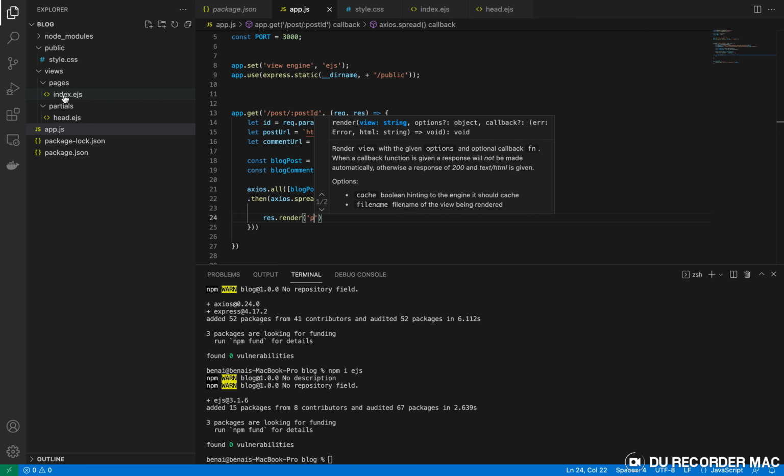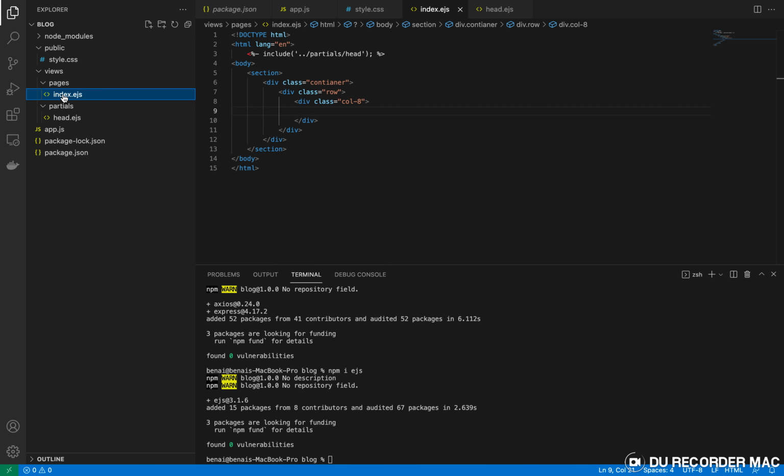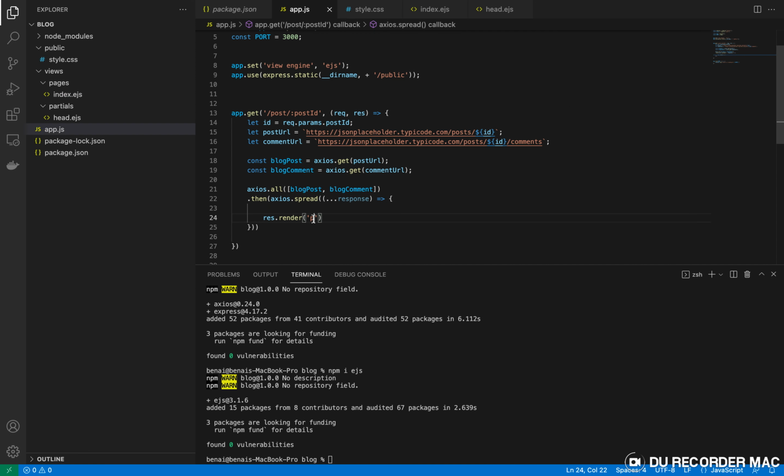So since the main file which we have, that is the index.js, which is including all the other files or other HTML file or EJS file, or you can say template file. Okay, so it will say pages slash index. So include that,